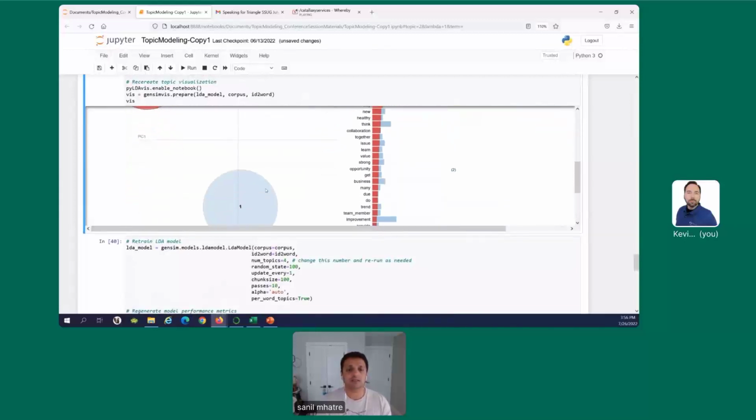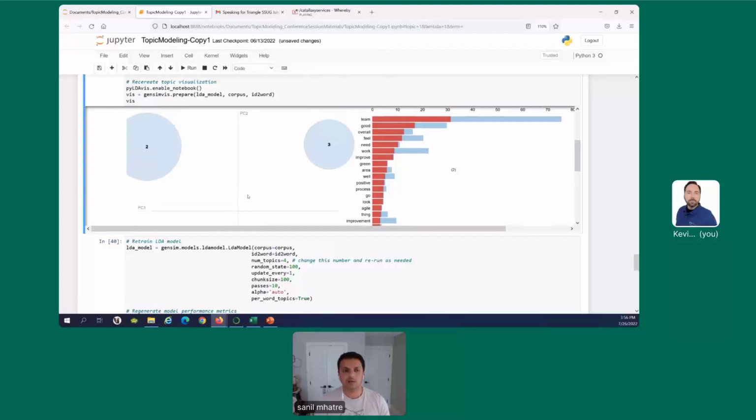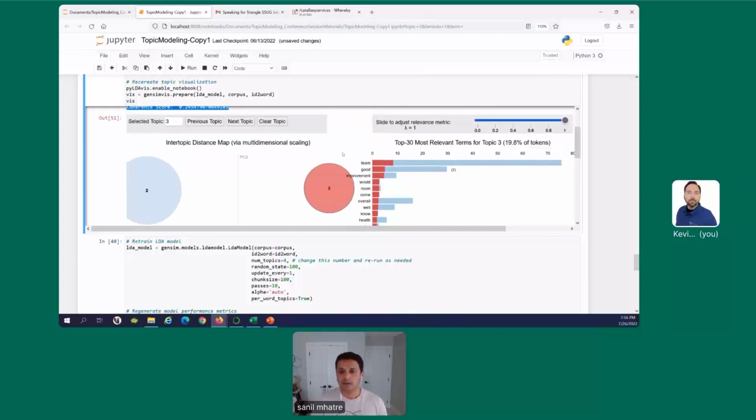You now see there are 3 circles. The circle for topic 1 all the way at the bottom of the screen, the circle for topic 2 on the top left, and the circle for topic 3 on the top right. And the chart on the right hand side is showing us the top terms for each and every one of these topics. Based on the parameters that we talked about previously, this looks like a good intertopic distance map.